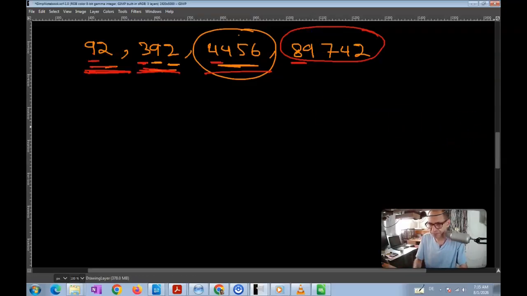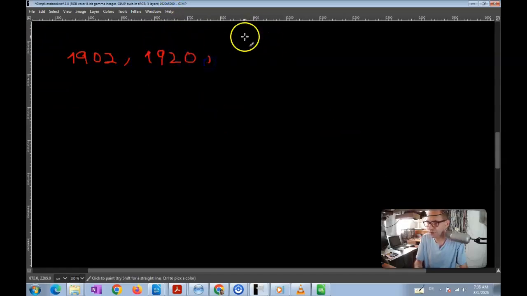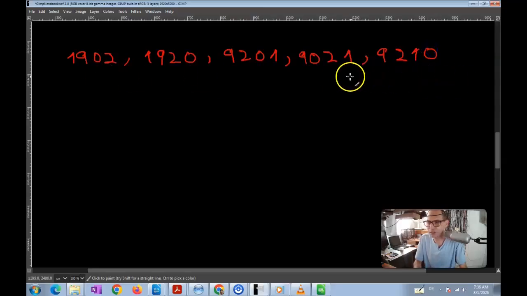Or for example, let's consider another example over here. Let's say that you have 1902, you have 1920, you have 9201, you have 9000, 9021, and you have 9210, and we want to know essentially, so that's 1902, that's 1920, 9201, 9021, and 9210. Okay,